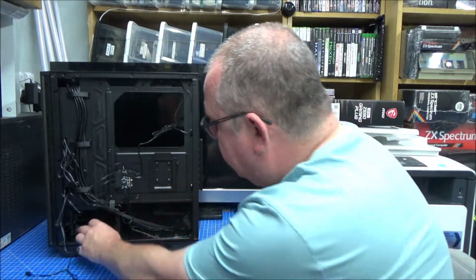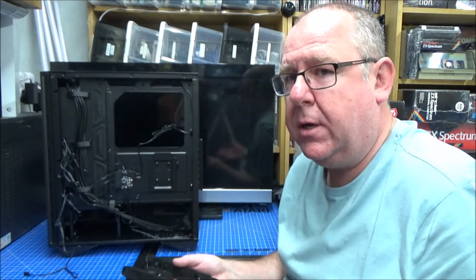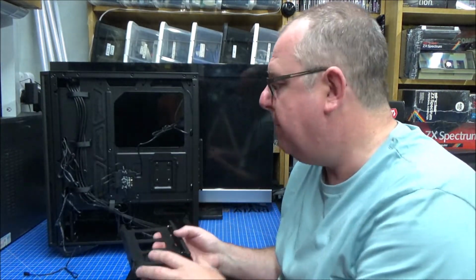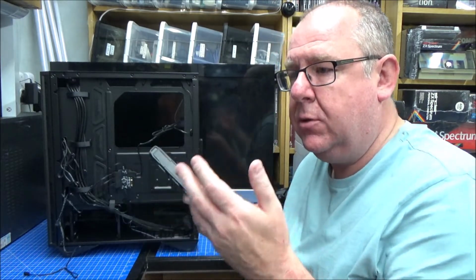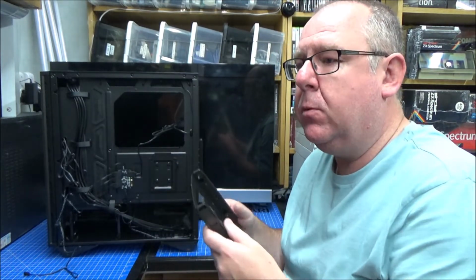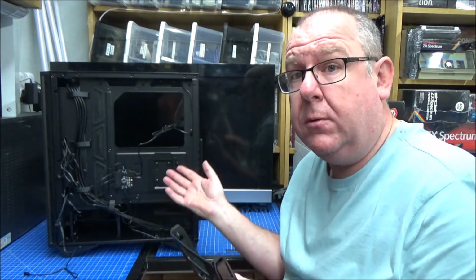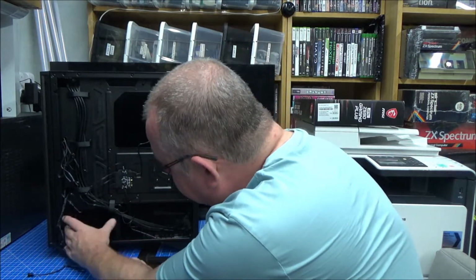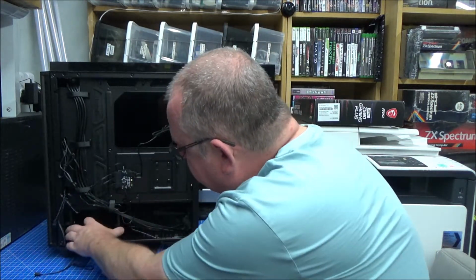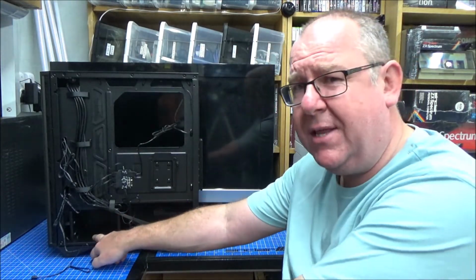In here, 2 caddies there, your hard drives. A lot of people don't use hard drives lately. My setup will have 2 hard drives, a gaming hard drive and a normal standard hard drive. There will also be an NVMe drive on the board for using the operating system, which will be Windows 11. I'm going to test this time. You could probably take both of these out, and there's a small possibility you could put 3 in there, maybe